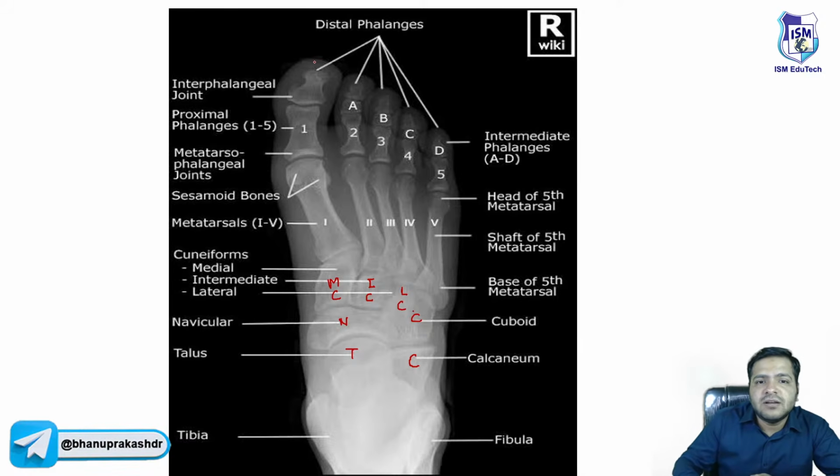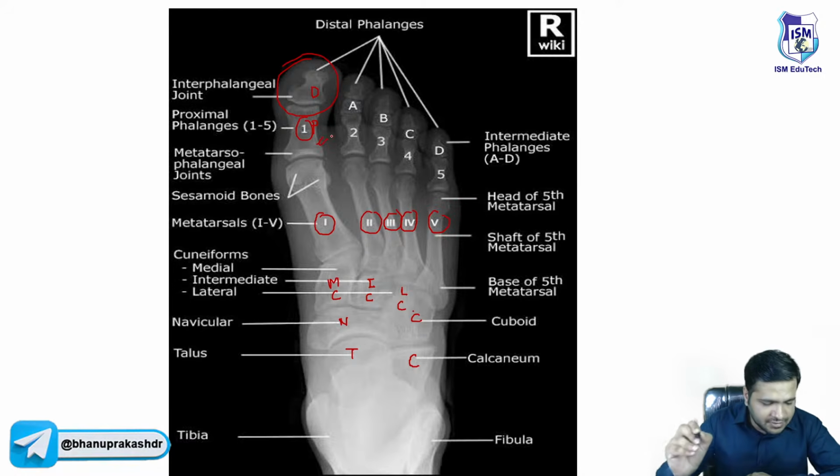और मैंने बताया था ग्रेट टो से नंबरिंग स्टार्ट होती है मेटाटार्सस की, 1 2 3 4 और 5, और सारे फैलेंजेस, इसमें प्रॉक्सिमल फैलेंज, डिस्टल फैलेंज, सो ये एक्सरे में आप लोग को देखना आना चाहिए, ठीक है। It is the superior view बेटा, ठीक है। So I hope this is clear to each one of you,